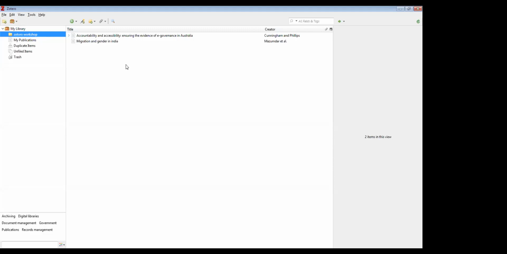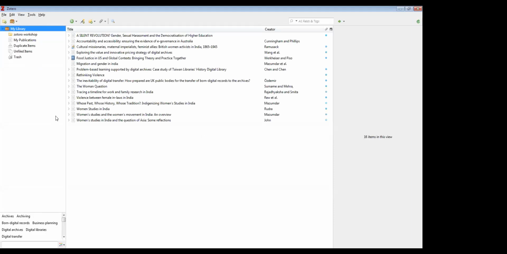In this way, you can manage your collection in different folders. You can create n number of folders under My Library, and also subfolders within subfolders, like what we do in Windows, right? Yes. So that's how you can manage the resources in different collection folders. This is the way, right?